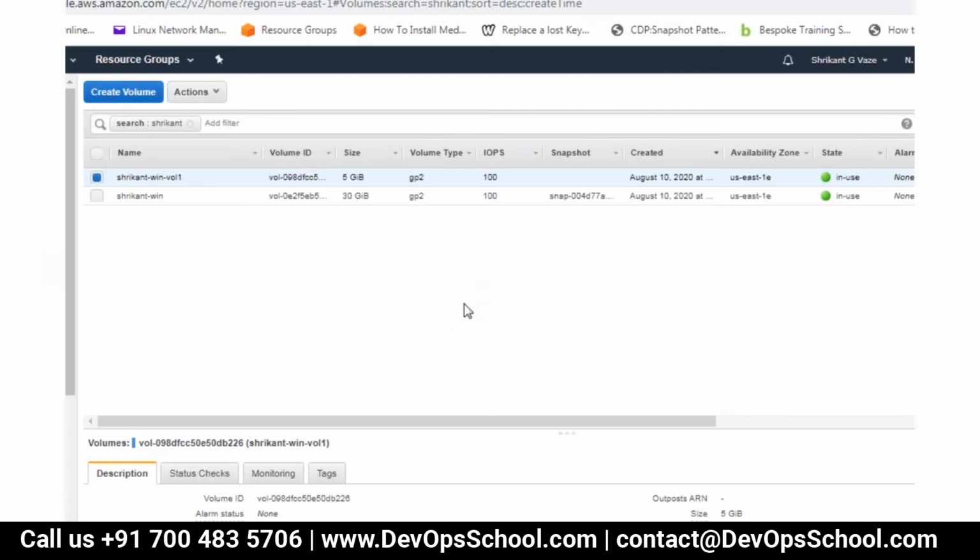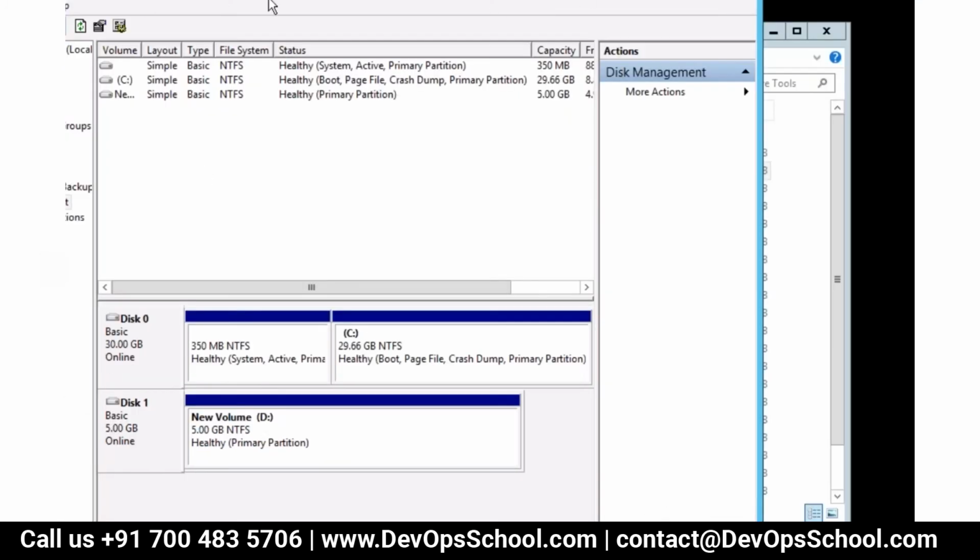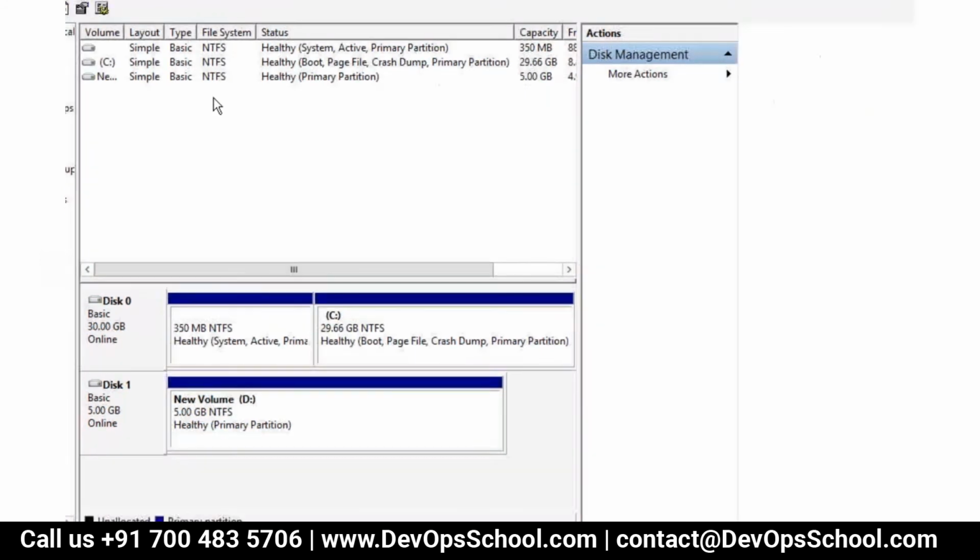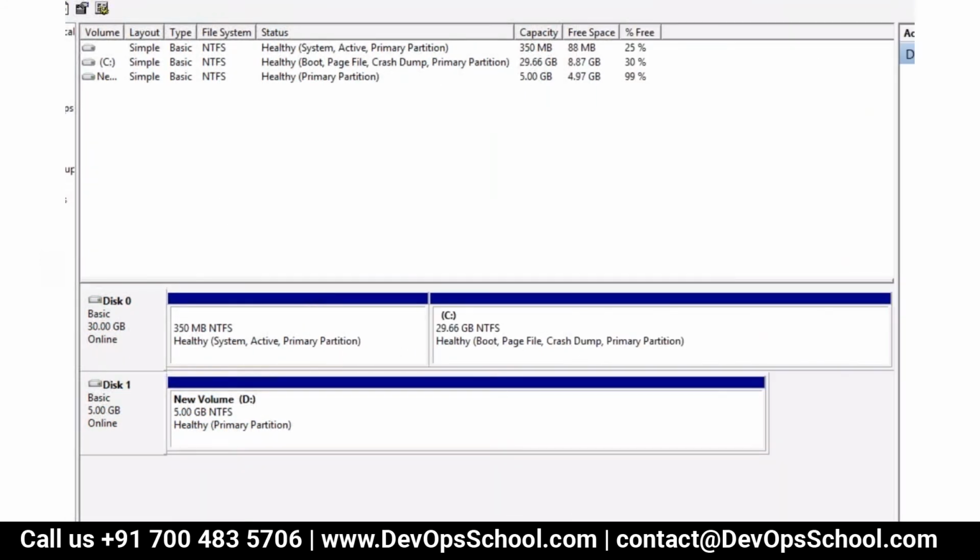Okay. So everybody is able to create EBS and attach. So computer management, how can we do that? Yeah, go to computer management. Let me just show you.